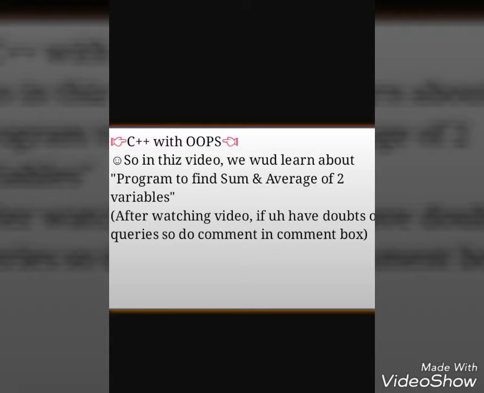Okay, so this is Shubham, and today we would see the C++ program to find the sum and average